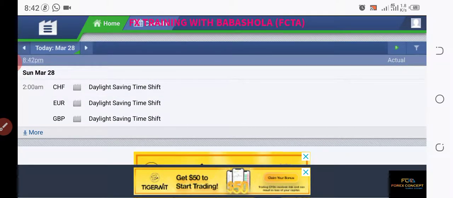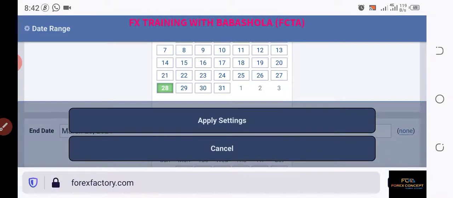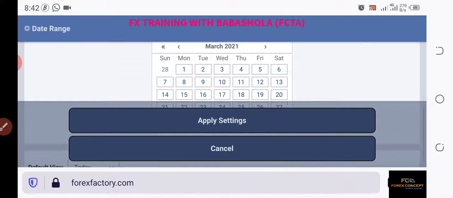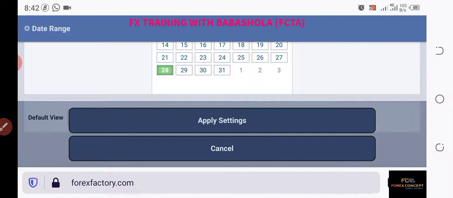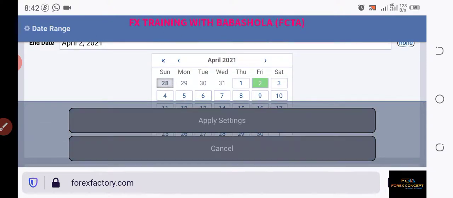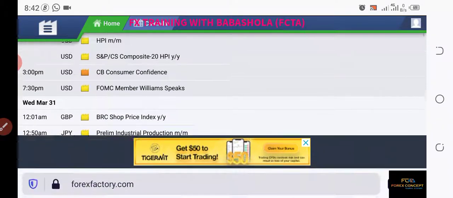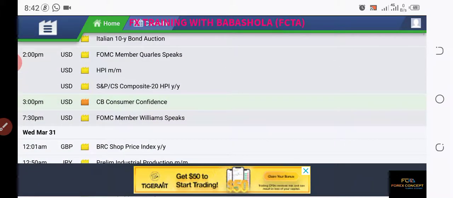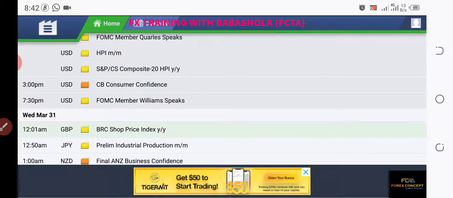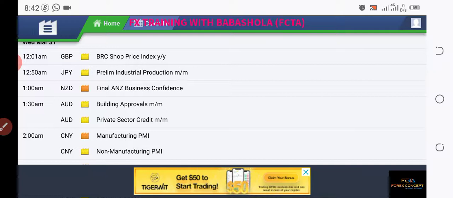The news we'll be expecting this week, just to be clear of our fundamentals. Monday has low impact news. Then on Tuesday we have maybe medium impact news, such as USD consumer price and consumer confidence. Then Wednesday we have New Zealand, a little bit of